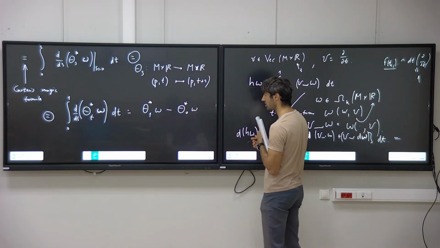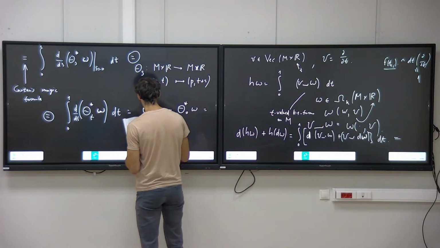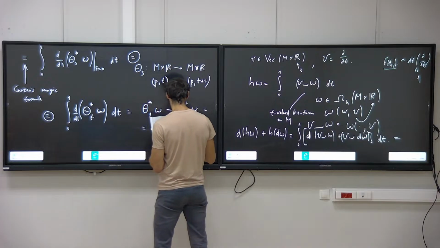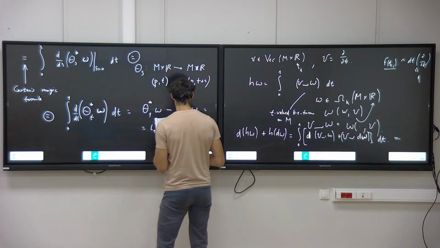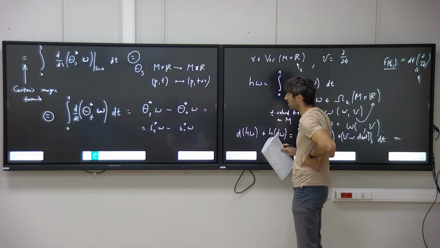But this is actually the same. Well, we need to get actually I1 star of omega minus I0 star of omega. But this is actually the same thing because, well,